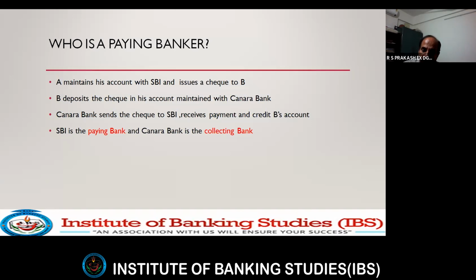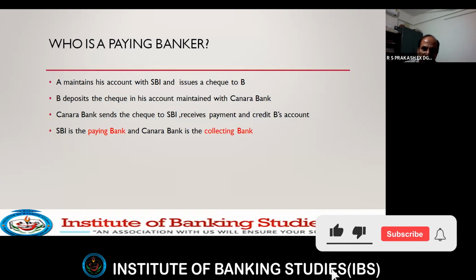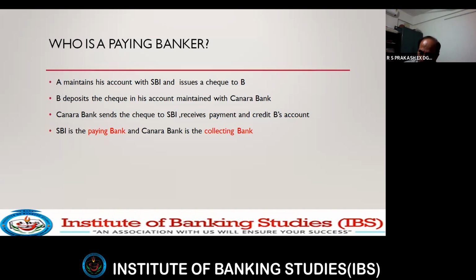So straight away we will be discussing in the Negotiable Instruments Act the role and what is meant by negotiable instruments, what is payment in due course, who is a paying banker, who is a collecting banker, what are the protections available to a paying banker and also a collecting banker, what is meant by crossing, what is an order check, what is a bearer check, and many other important things like sections 138 to 142, which deal with bouncing of checks.